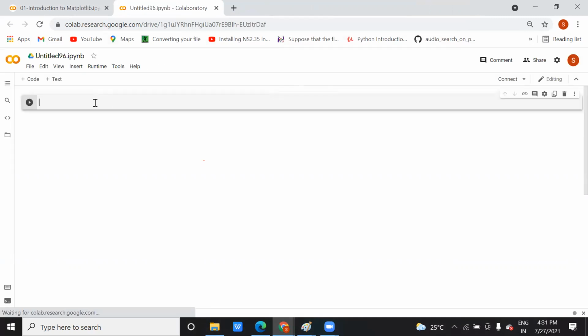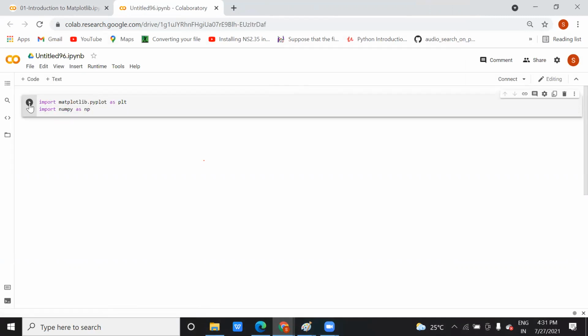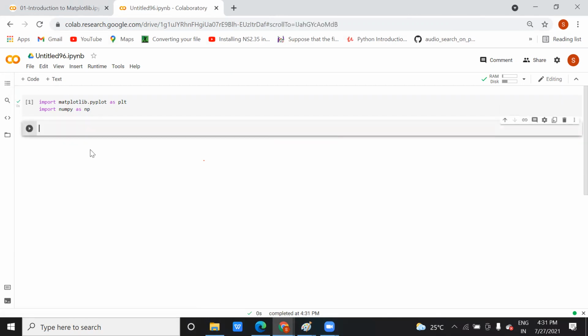Let me give you one example based on the document, and then I will explain the code that I have also made. Here, just like import pandas as pd, I have imported the matplotlib library. Inside this library, I have used pyplot. This pyplot is one more Python file inside this library that is used to draw the graph. Then I have imported NumPy because I am going to work on numerical data.